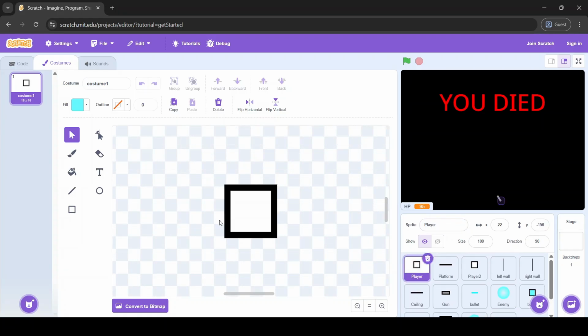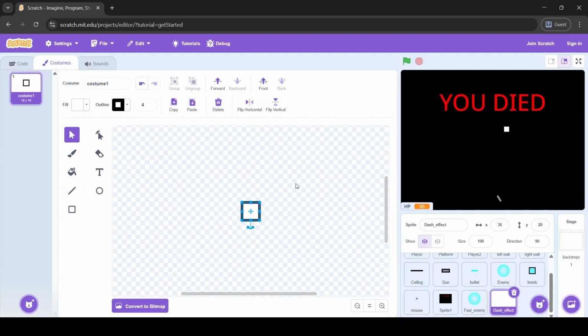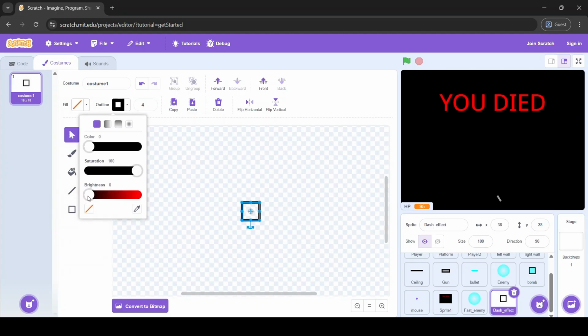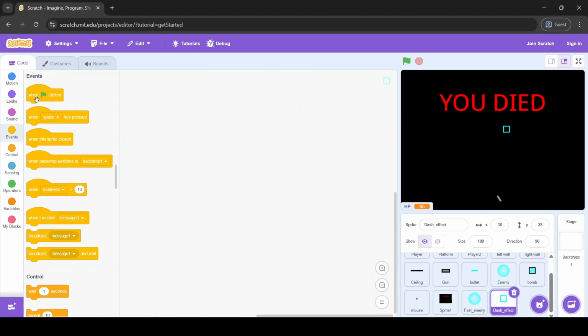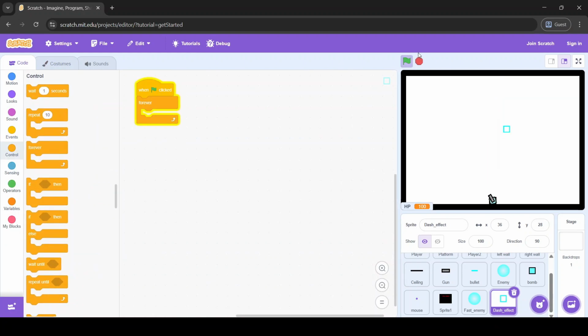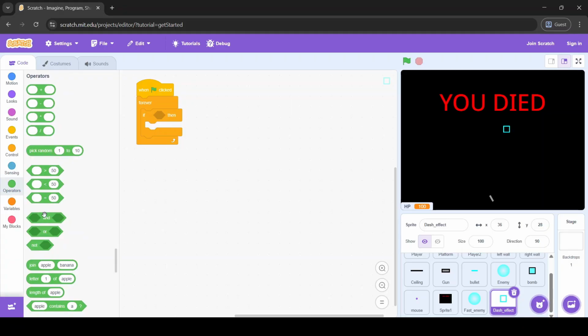You go into this, copy the player costume, go back, and then you remove this, make the middle transparent, and you change the outline color to 15. When flag clicked, forever, if key space pressed or key Q,